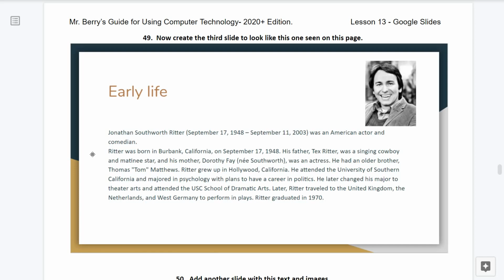He attended the University of Southern California and majored in psychology with plans to have a career in politics. He later changed his major to theater arts and attended the USC School of Dramatic Arts. Later, Ritter traveled to the United Kingdom, the Netherlands, and West Germany to perform in plays. Ritter graduated in 1970.